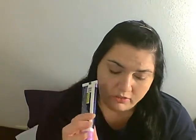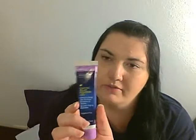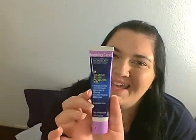It gives you a really smooth feeling, and when I compare it to this, which by the way is great, and I think this is $8. Nice, if I showed you the packaging. This was $8 at Walmart. I'm going to just give you a comparison for those people. I'm going to put a little bit on my arm here. If you can see that, I hope you can. The Monistat one's on this side and the E.L.F. is on this side. I hope you can see that. Anyways,